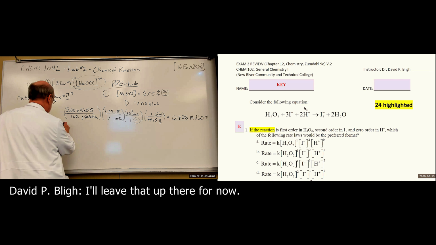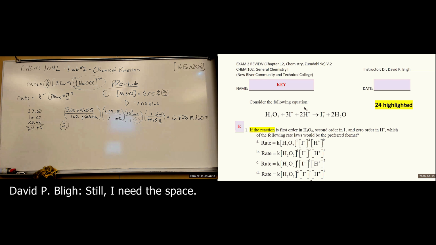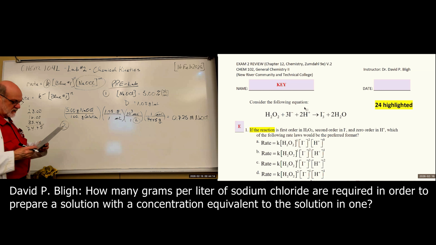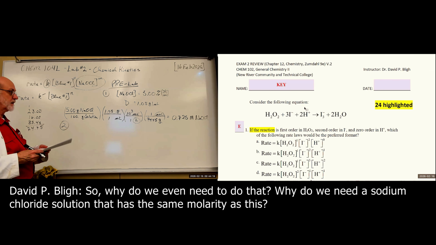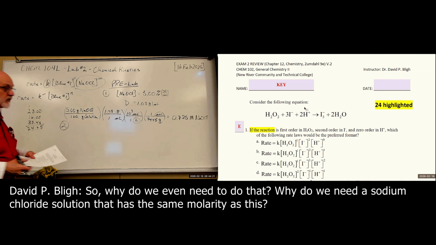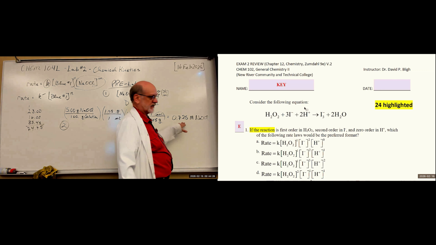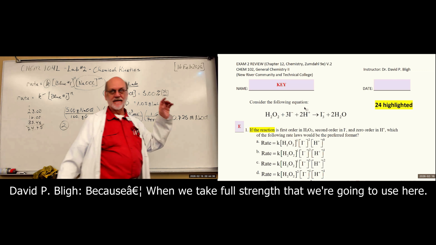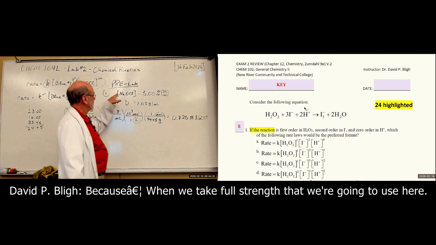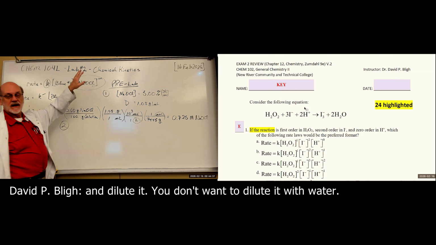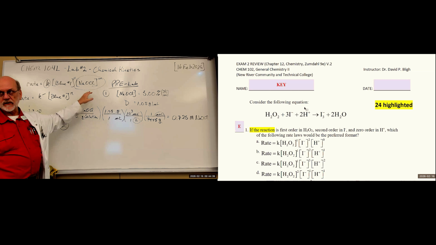Let's see, number 2. I'll leave that up there for now until I need the space. How many grams per liter of sodium chloride are required in order to prepare a solution with a concentration equivalent to the solution in 1? So why do we even need to do that? Why do we need a sodium chloride solution that's the same molarity as this? Because when we take full strength that we're going to use here and dilute it, you don't want to dilute it with water,